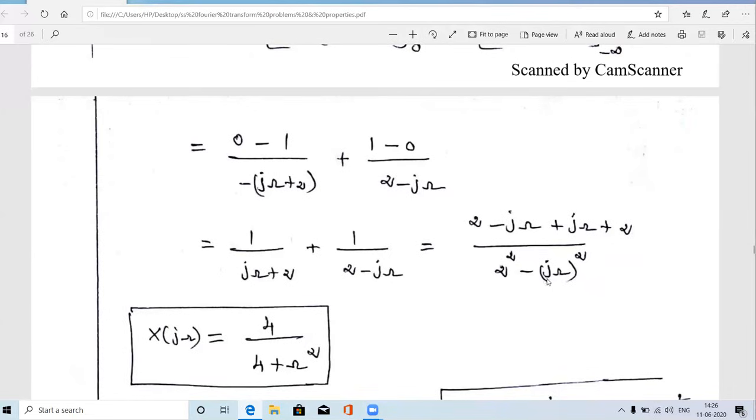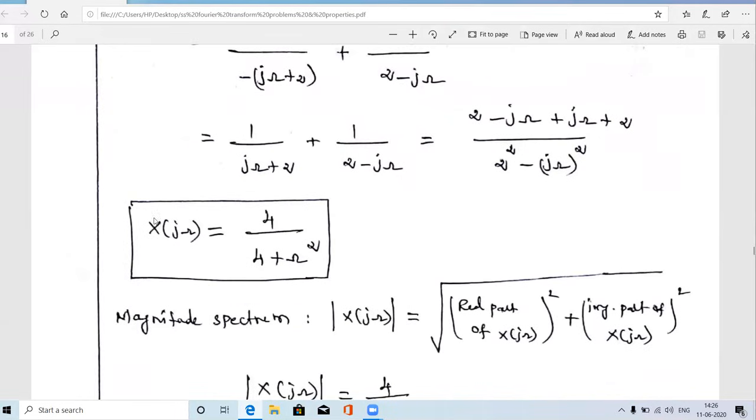Okay, so here b is j omega squared. So j squared omega squared. What is the value of j squared? It is minus 1. So that's why minus of minus plus. So here 4 plus omega squared. Okay, then in the numerator, this plus j omega and minus j omega cancelled. So now we will get 2 plus 2, 4. So finally we will get the answer 4 divided by 4 plus omega squared. So this is the Fourier transform of e power minus 2 modulus t. Okay, so this is the answer.